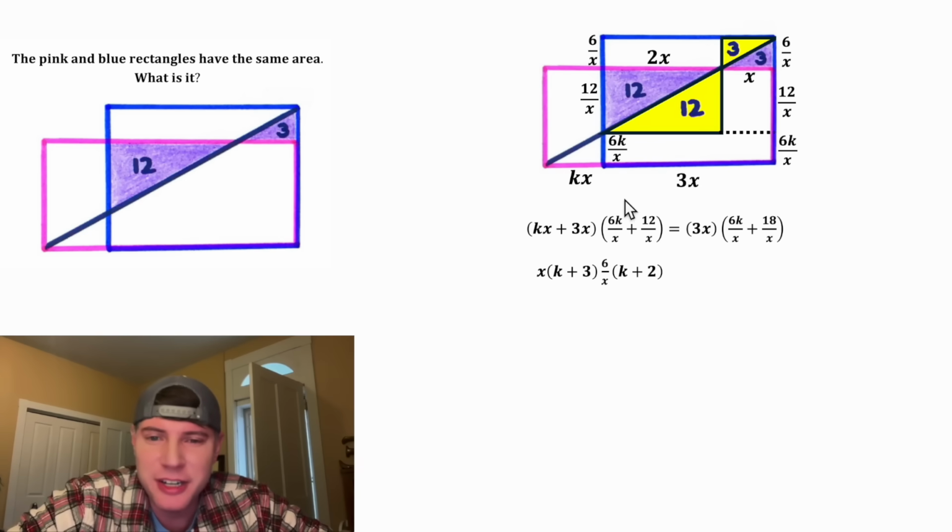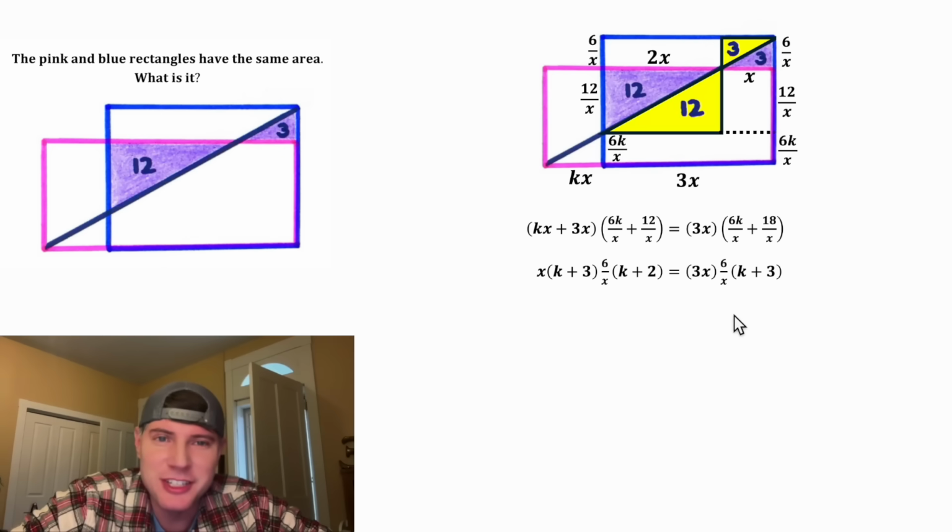And after we factor out a 6 over x, on the inside we'll be left with k plus 2. And then on the right-hand side for the base of the blue rectangle, let's copy down the 3x. And for the height, we can factor out another 6 over x. And after we factor out the 6 over x, on the inside we'll be left with k